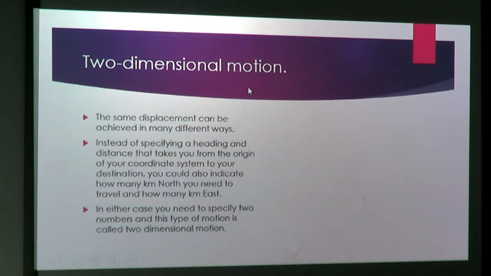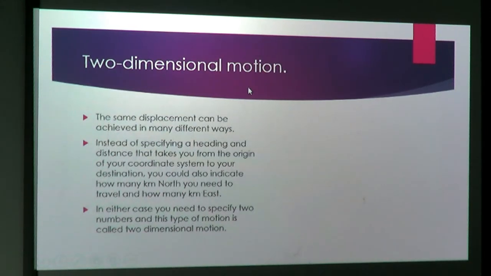Vector or scalar? Magnitude and direction? Vector. Perfect. Because we have the magnitude, the how much, and we have the where, so that will be a vector. In either case, you need to specify two numbers. And this type of motion is called